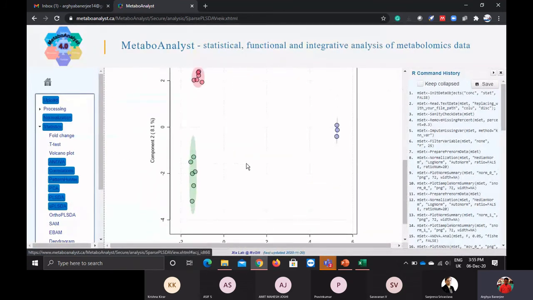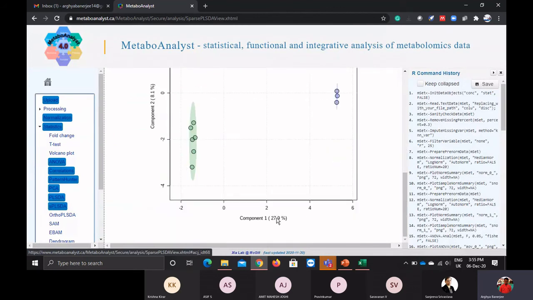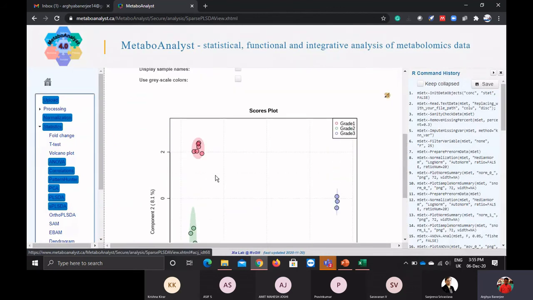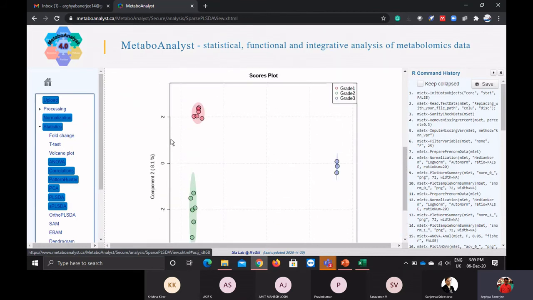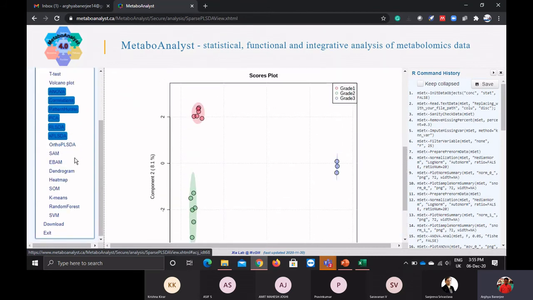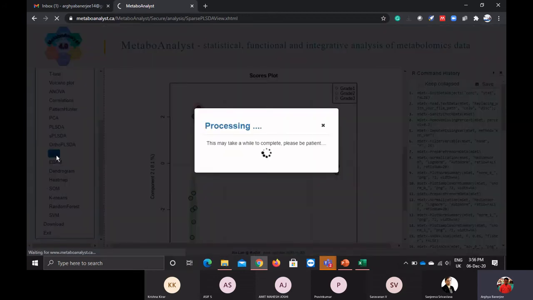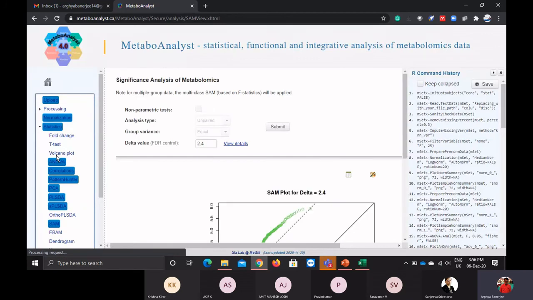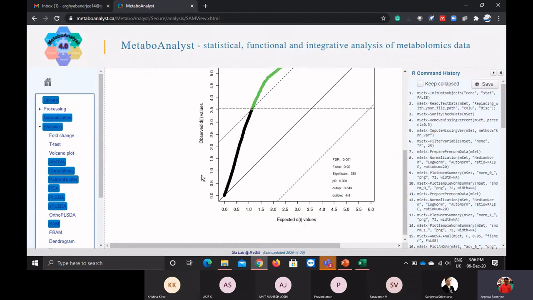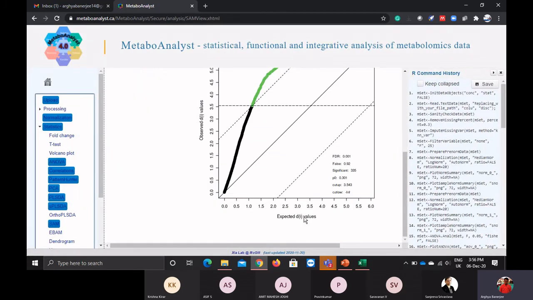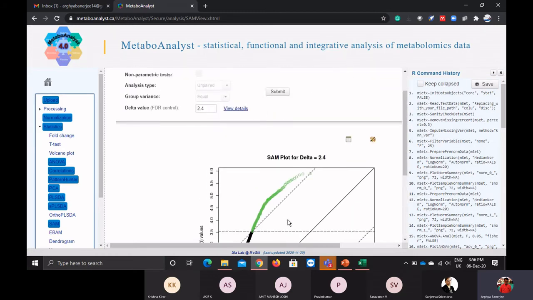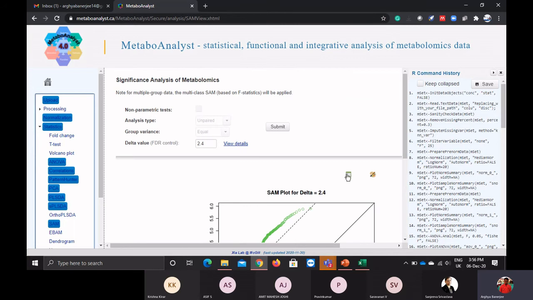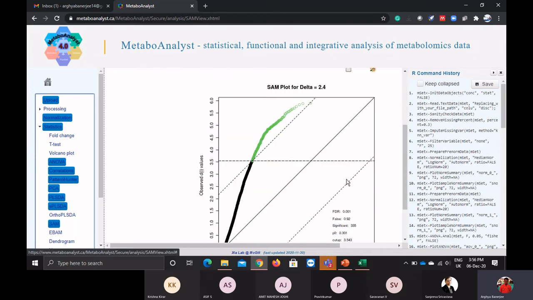In the 2D score plot, you can see around 27.9 features have been selected. You can see the PC1 and PC2, the component 1 and component 2 segregation. Then there is SAM, the significance analysis of microarrays, which I think can be used here. These are highly used for microarray analysis, the protein microarray analysis, where you expect a mean decrease in the accuracy. I think the expected mean decrease in the accuracy is plotted, and you can download this.